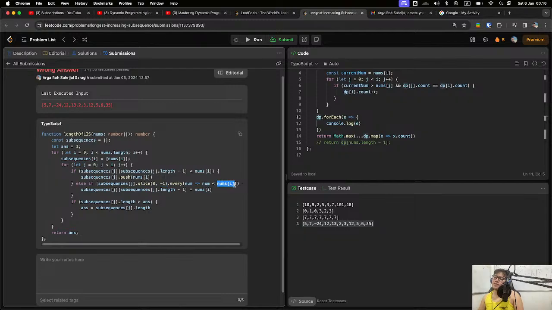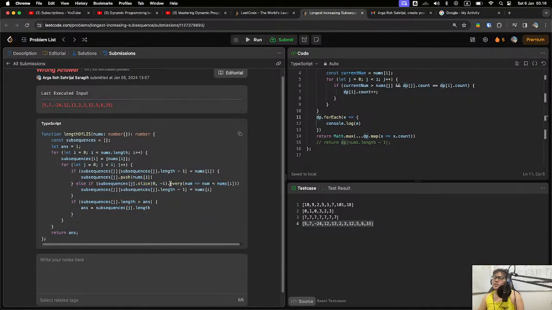If every element is less than the current i, I update. Oh, okay. So what I was trying to do here is to get the last element in each subsequence as small as possible.